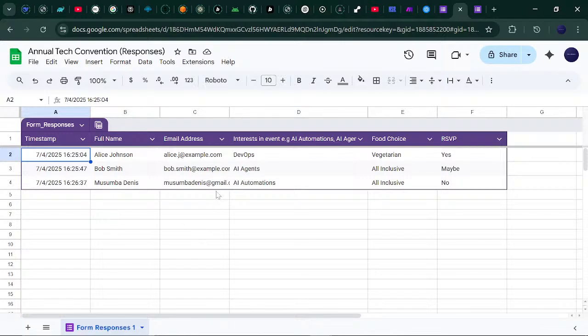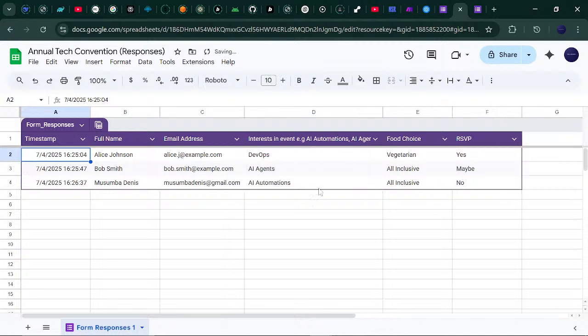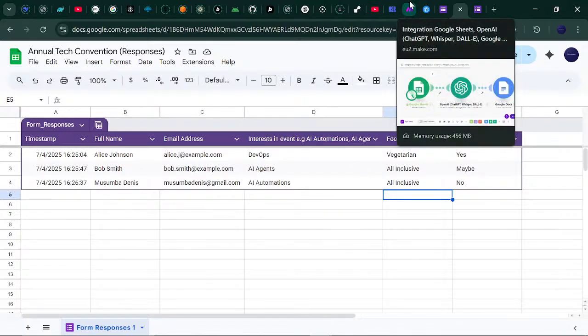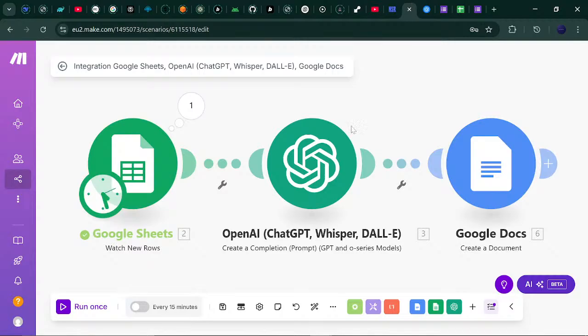So if you check our sheets, you could see that each time I submitted, it was saving them here. So I put a category. I'm trying to see what the AI module will say if someone says they're not attending. I want to see how they'll create that letter of invitation. So if I click run once,